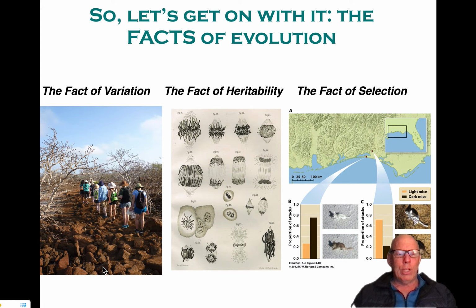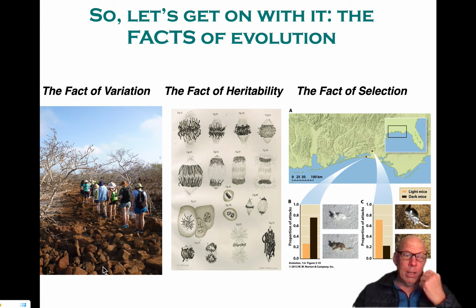So, we're in the midst of trying to talk our way through what I'm calling the facts of evolution. I mean, the very existence of evolution is what you might call the abiding fact of evolution, the fact that animals, plants, and microbes over time change. That's a fact. But within that, there are various ingredients to evolution. We've already talked about variation as being an ingredient. We talked about the necessity that variation be heritable, and now I want to give my third piece of this,